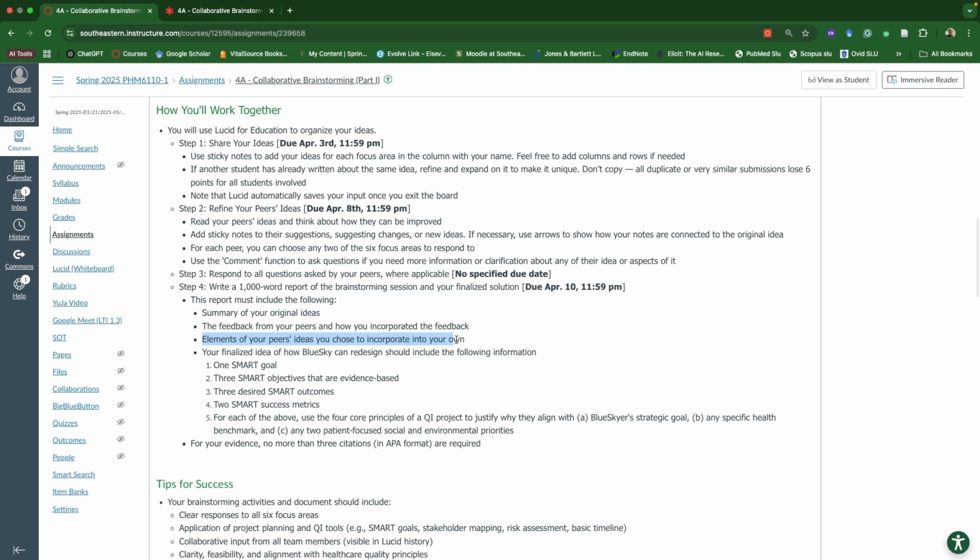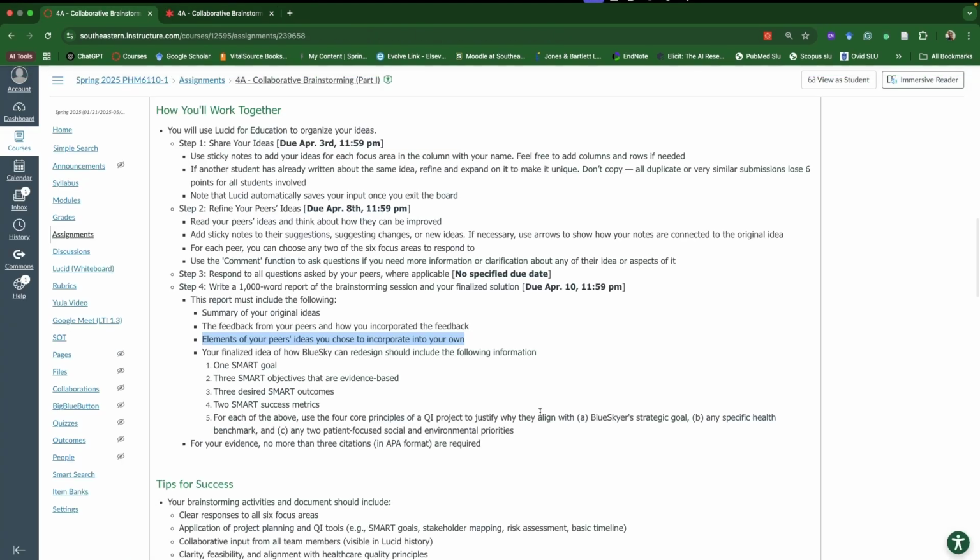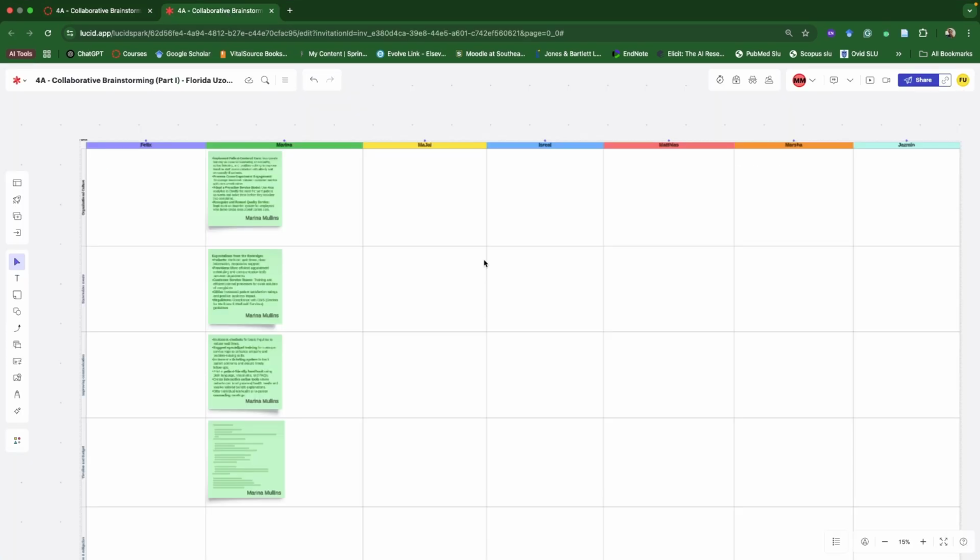And then you need to also let me know, since I'm the one who's grading, which elements of your peers' ideas you've also chosen to incorporate. So everybody will be seeing everybody's inputs, everybody's idea. You are free to take advantage of what everybody has written and include it into your own finalized idea. But it is at this stage, when you are doing idea generation, bring your own idea. Do not copy anybody's idea.